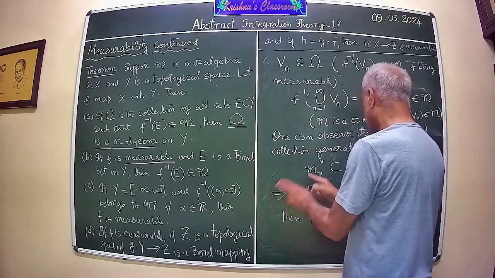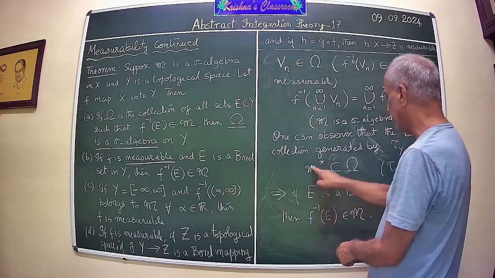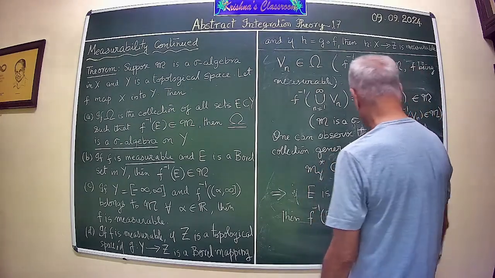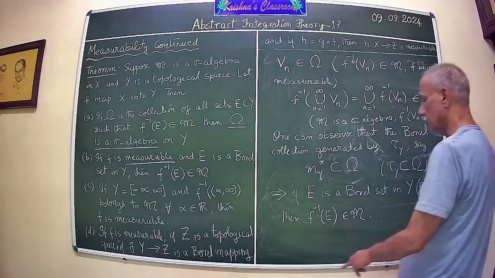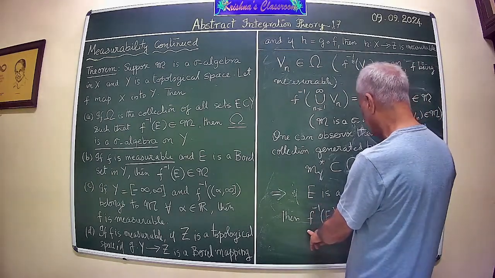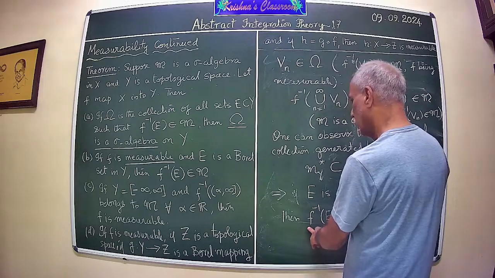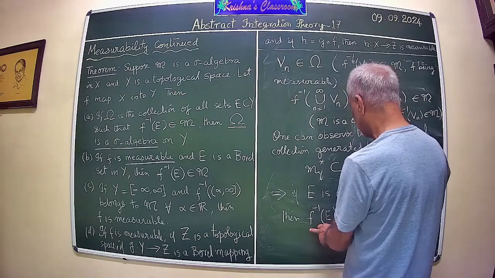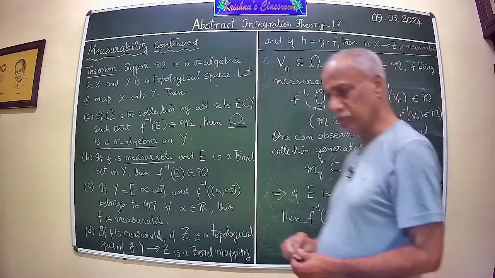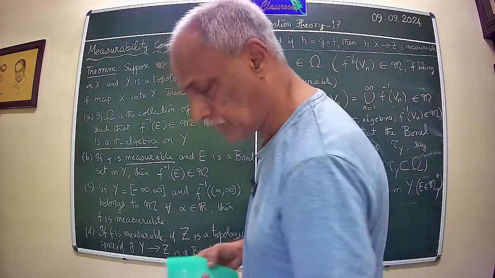Okay. Therefore, once that is there, if E is a Borel set, E is in M star, then you have F inverse of E belongs to M because E is in omega. Omega consists of all those sets for which F inverse of E is in M. So that completes the proof. Now we take up